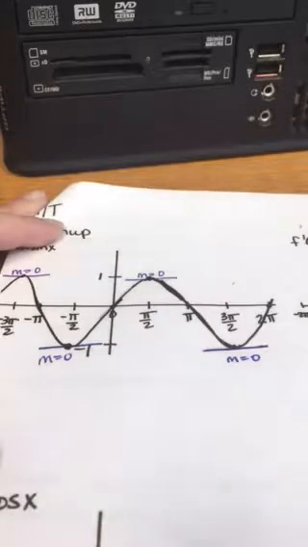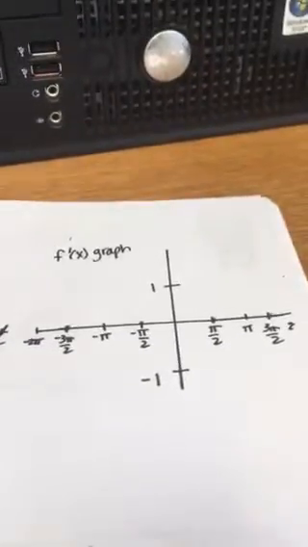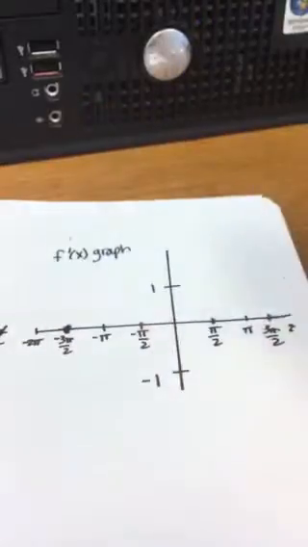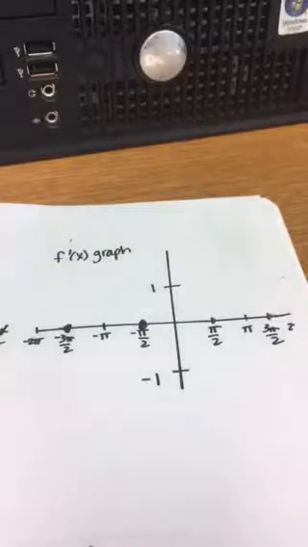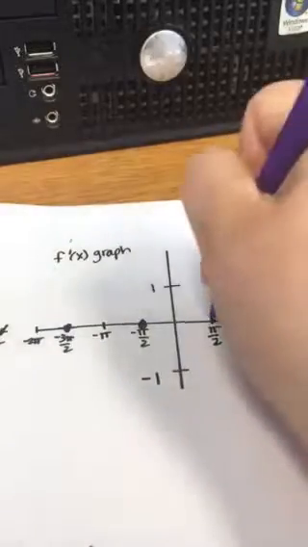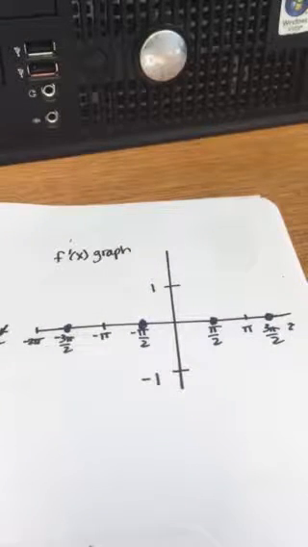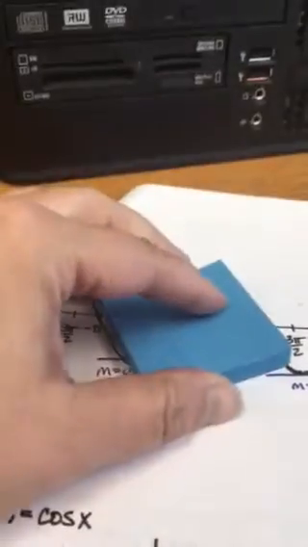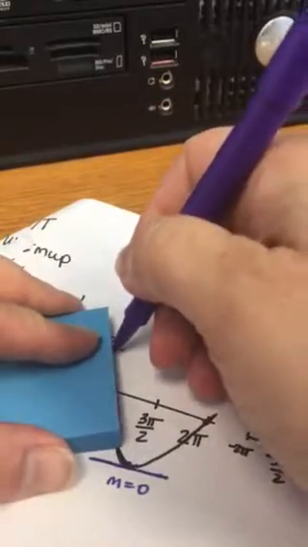So when I think about that and I take it over to my other graph, at -3 pi over 2, I have a 0 there. Negative pi over 2, I have another 0. At pi over 2, I have another 0, and at 3 pi over 2, I have another 0. Now, it's hard to see there exactly, but when we start talking about some of these other points, if I were to draw a tangent line on this graph right there,